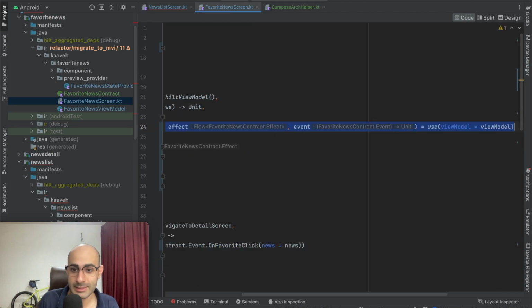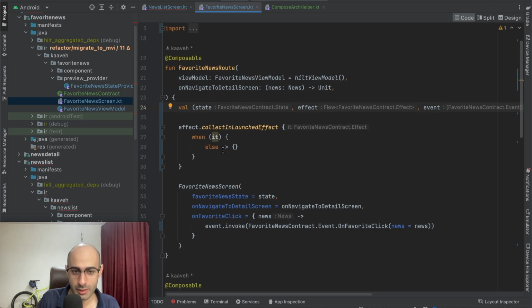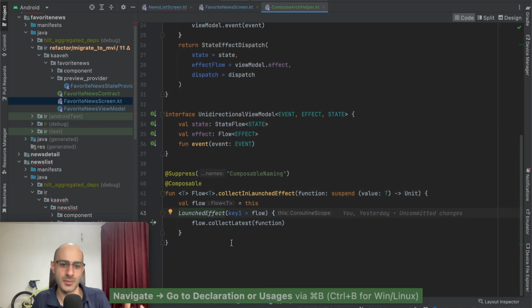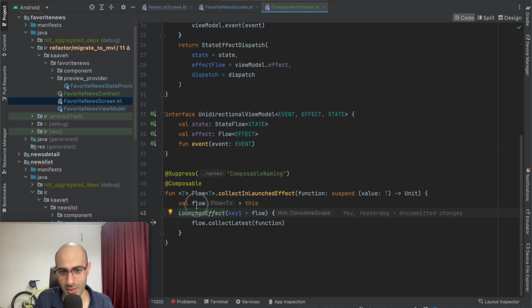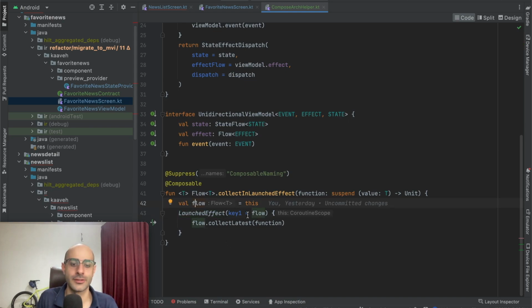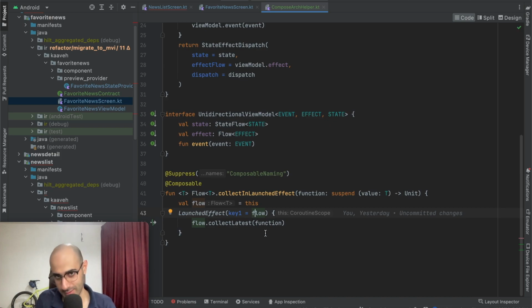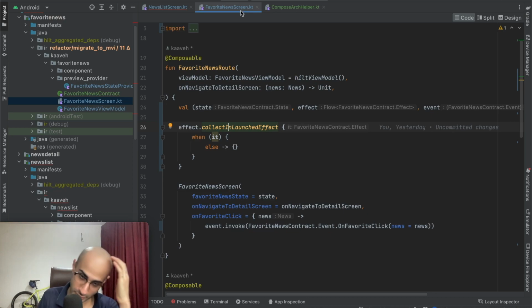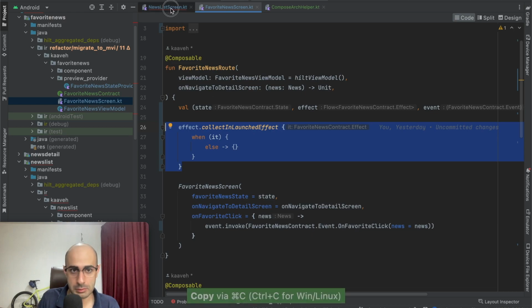So up here for handling effects, we collect in launch effect. This is another helper class that is basically a launch effect that watches your flow, and if the flow has emitted any data, it responds and collects and does what it must do, and calls any function that you add to it. So I add it for